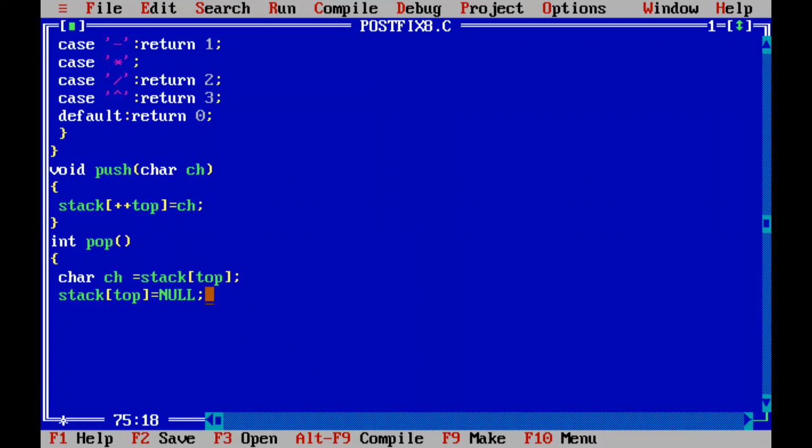Okay, now after that, what you will do? You will make top point to the index number which is given below. Got it? You will be decrementing top. And after this, we will be returning the character, the operator which you have popped off from the stack, because you copied it into the variable called ch. Now this operator will be returned back into the program. So these are the things which you have to do.